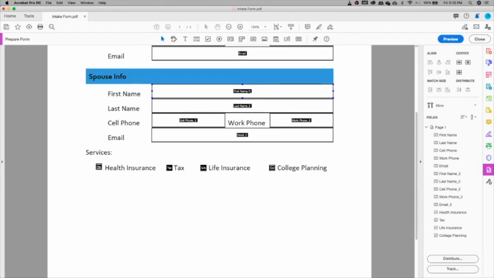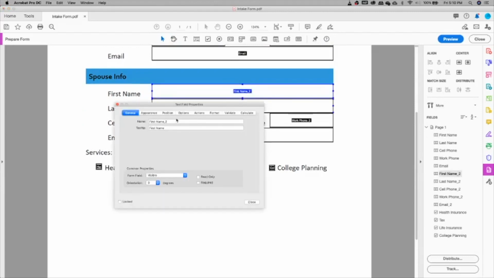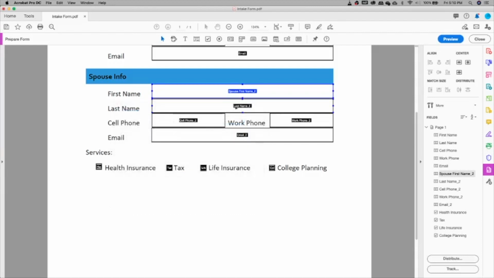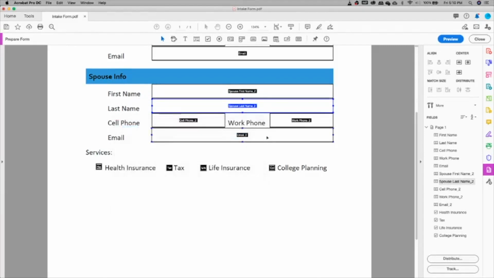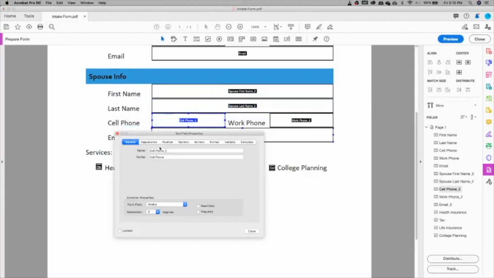But what if you have another person? It's just going to say first name 3. What I would recommend you to do is to rename this. Instead of just first name 2, let's say spouse first name, just to be clear on what type of information you are capturing. I like to do that because it's easy to do, and as I mentioned, we're going to find out the main reason why you need to use PDF. Okay, so I'm just putting spouse in front of all the information that relates to the spouse,